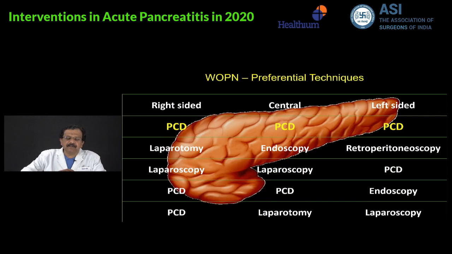So you can see this, based on this extension, based on the anatomical location, and based on the expertise that you have, either these patients can go for endoscopic treatment, interventional radiology treatment, a laparoscopic treatment, or a surgical modality. So these are the preferential treatments that are based on the anatomical location and based on the expertise